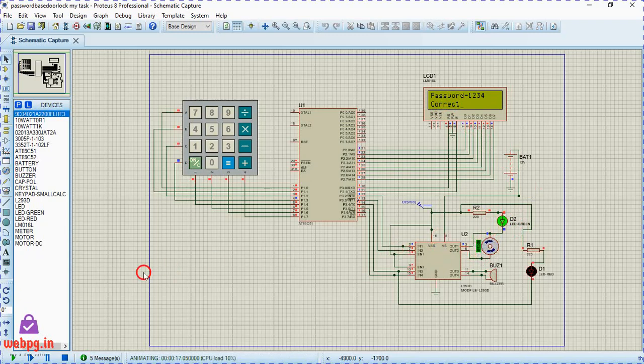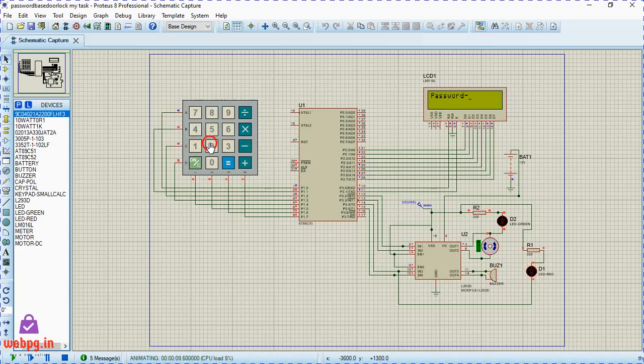Now we will stop this program and start it again, and we will enter the wrong password to see whether our buzzer starts and shows the red LED.